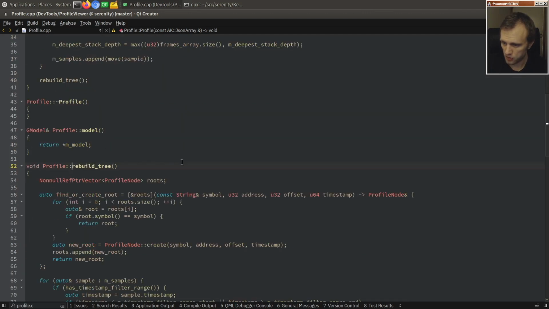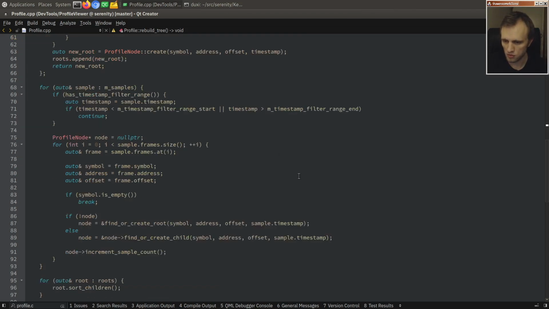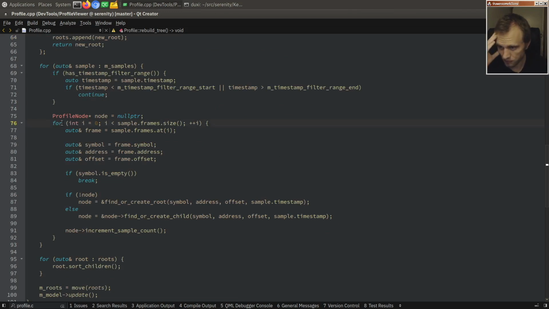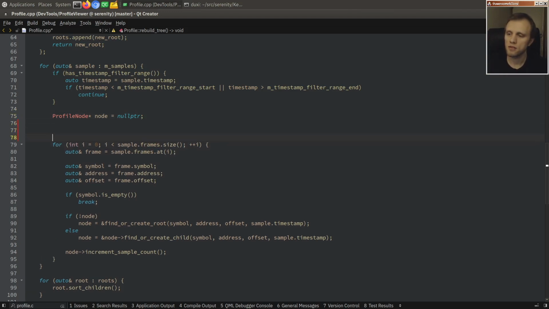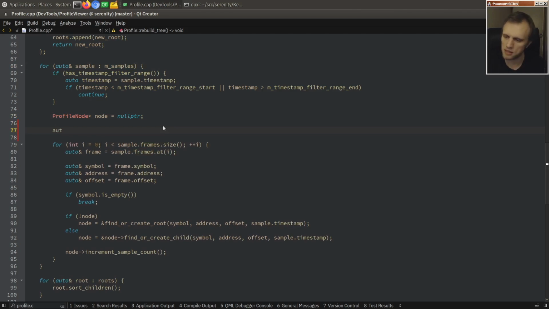So in rebuild tree, I guess here's where we want to look at if it's inverted or not. Is it here, basically, where we iterate the samples? Here we iterate over the samples, and then here we iterate the frames in an individual sample. So maybe we can make something like, because we want to loop differently depending on if it's inverted or not. So for each sample,